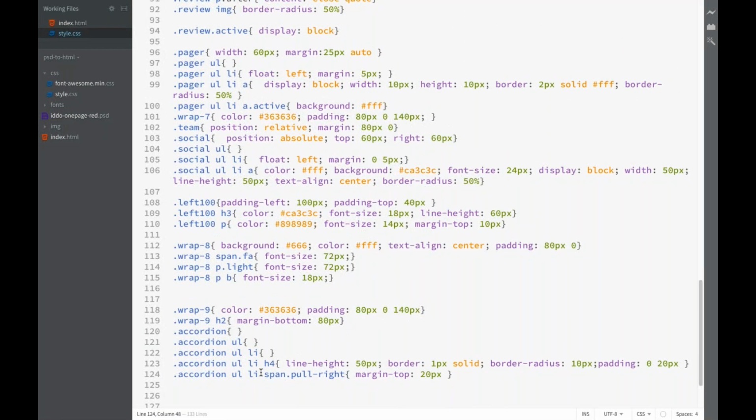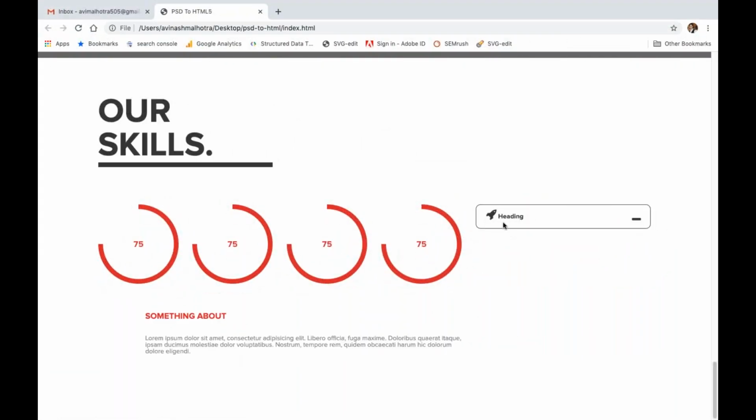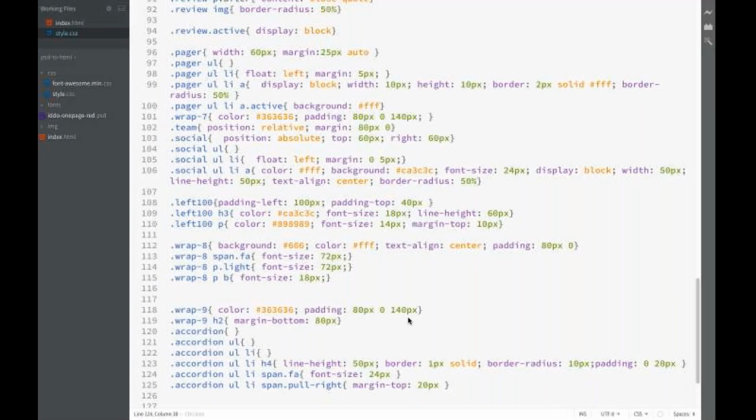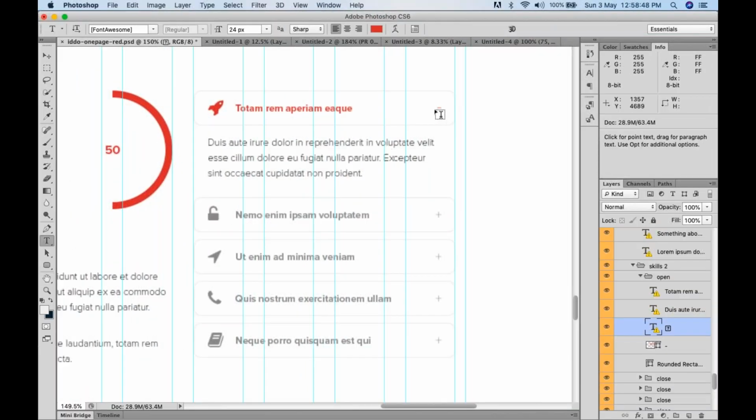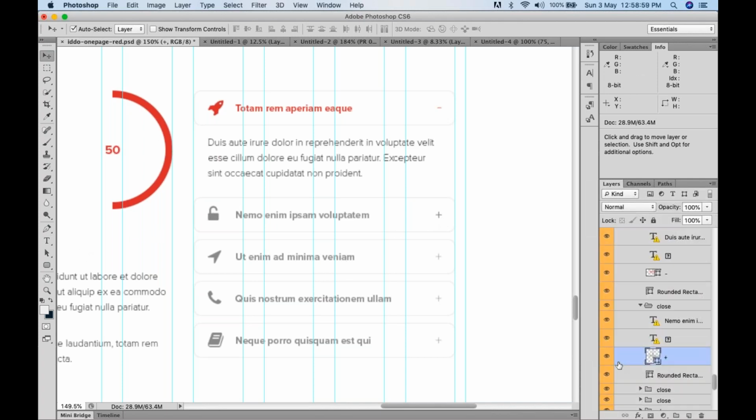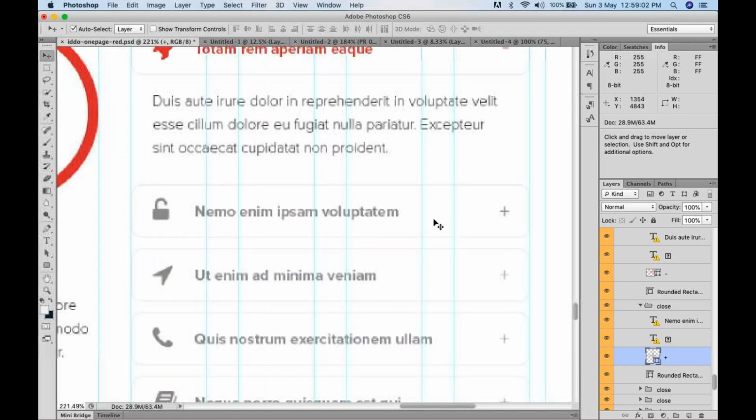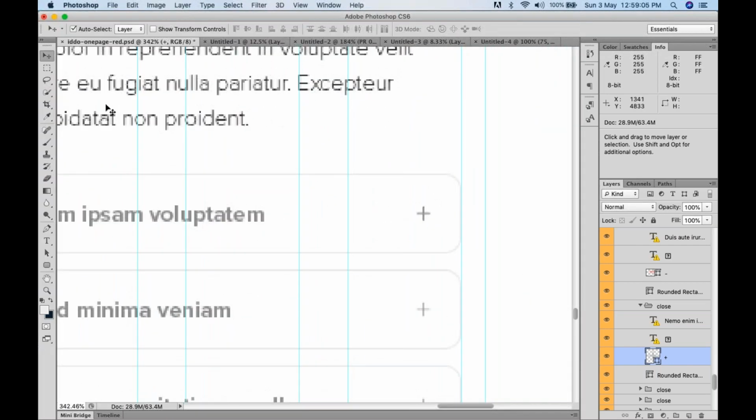नाउ साइज 24, तो स्पैन डॉट एफ ए 24 फॉन्ट साइज, बट फॉन्ट साइज इसका और इसका दोनों का सेम हो जाएगा। तो दिस इज 24 एंड फॉर दिस आइकन, ओके, ये शेप है, दिस इज नॉट टेक्स्ट। अगेन चेक दिस, ये भी शेप है, दिस इज नॉट अ टेक्स्ट। नाउ इट्स अ शेप, तो हम इसको मैनुअल बनाना पड़ेगा।